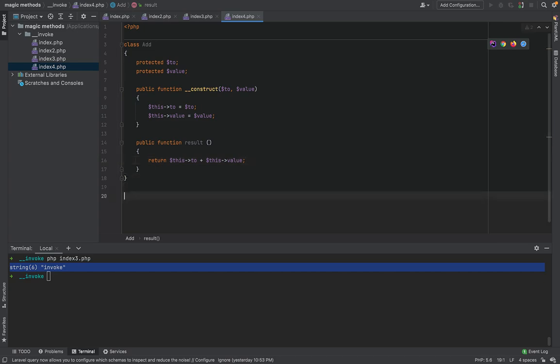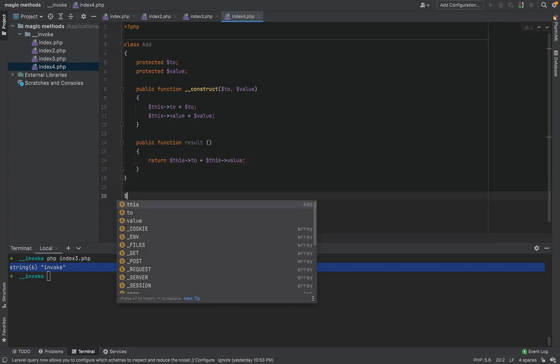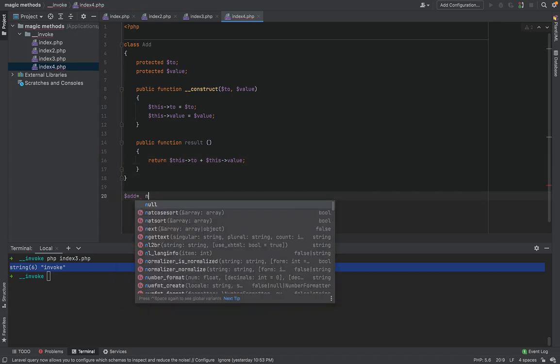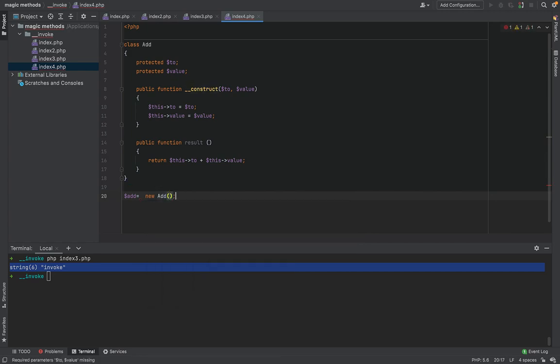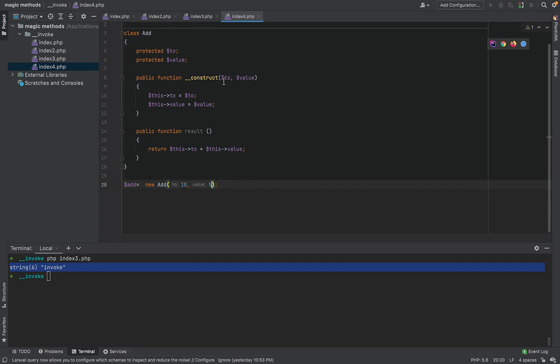Okay, and outside the class, if I say add is new add class, obviously I have to pass 2 numbers. For now, maybe you say it's not just numbers. I can cast it or anything, but let's just accept this.